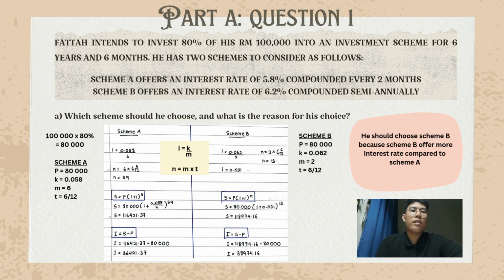Same as scheme A. For scheme B, i equals 0.062 over 2. i equals 0.031. n equals 2 multiply 66 over 12. n equals 13. Use this formula: S equals P open bracket 1 plus i close bracket to the power of n. S equals 80,000 open bracket 1 plus 0.031 close bracket to the power of 13. S equals 118,974.60. I equals S minus P. I equals 118,974.16 minus 80,000. I equals 38,974.16. So he should choose scheme B because scheme B offers more interest compared to scheme